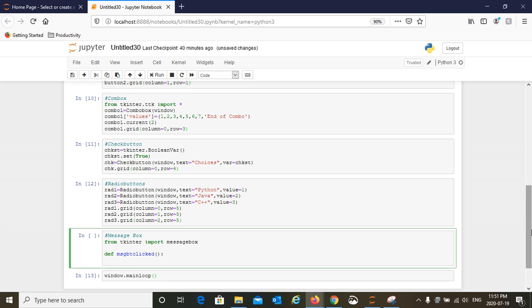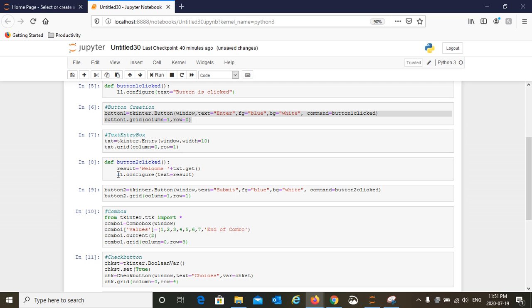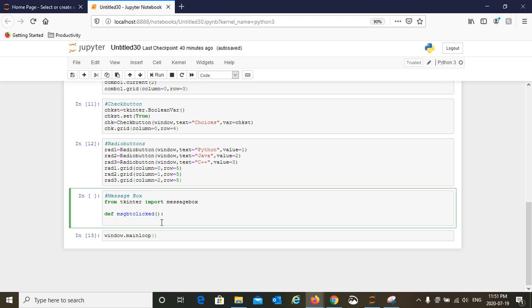So instead of over here we change the label, right, when the button was clicked, in this case we're going to change the content of the message box. That message box, when it pops up, what will be the content of that? So it is going to be messagebox dot showinfo, and we're going to say message title, that's the title of the message, and now the content, Congratulations.